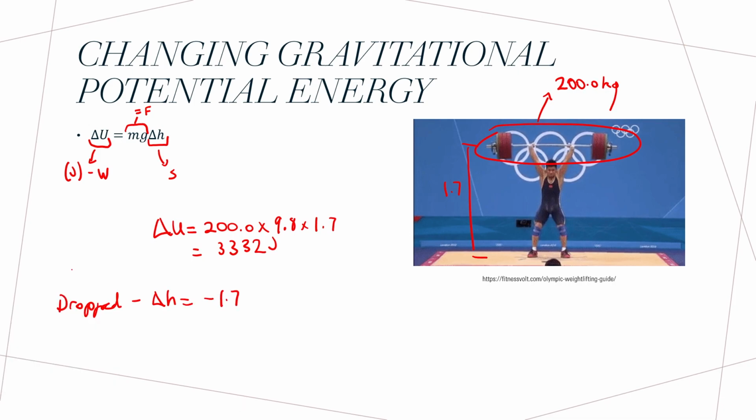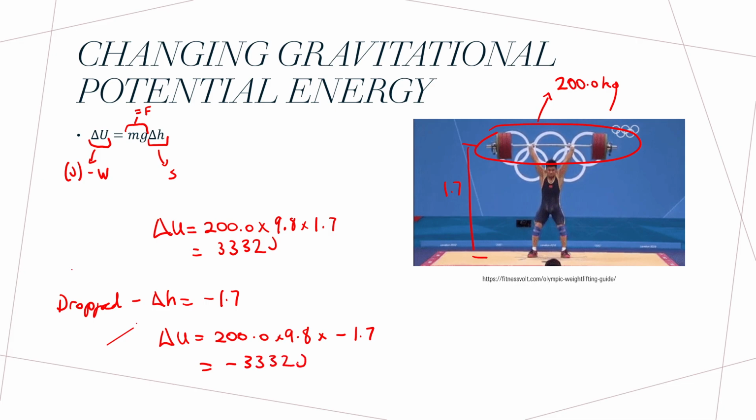In other words, if there is a gain in height, then delta H is positive. If there is a loss in height, a drop in height, then delta H is negative. However, the mass of the object and the acceleration due to gravity remain the same. In this instance, we would say that delta U is equal to 200 times 9.8 times negative 1.7, which would be equal to negative